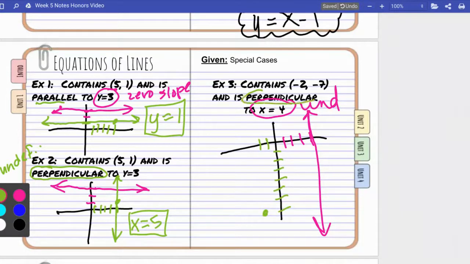Perpendicular means since the original line had undefined slope, this thing's going to have a 0 slope, so it's going to have to be horizontal. And the equation of this line is y equals negative 7. See if you can go over these 3 examples and see if you can find